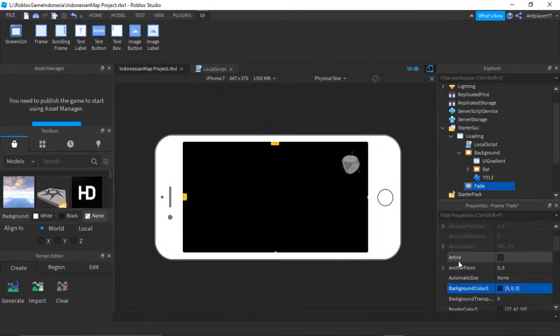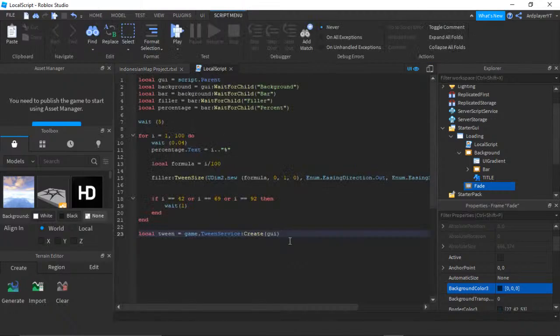Back to the script, GUI, and then you're going to say .fade. Okay, and then you're going to say comma TweenInfo, actually TweenInfo, just like this. .new